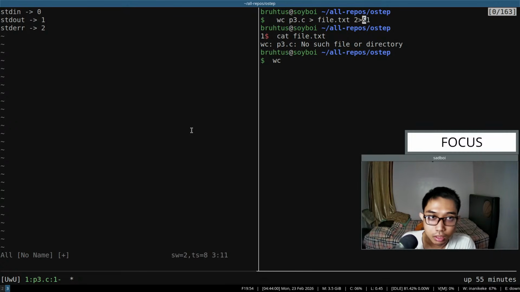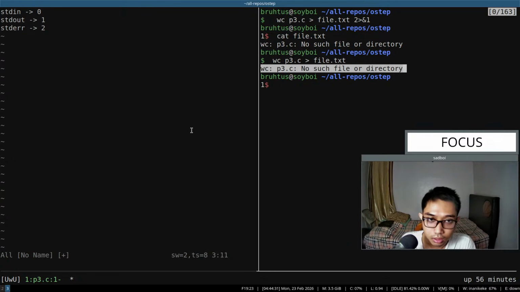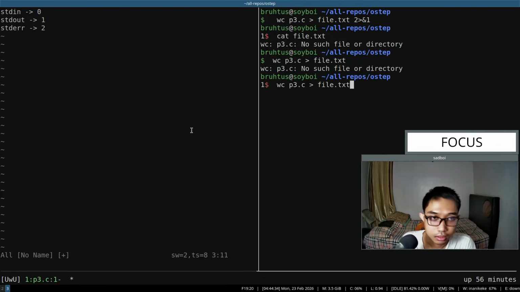If I understand correctly, we are finally moving the standard error to the standard output, and then passing that standard output to the file. I mean, if we do this, right, only this redirection, the standard error still has content, right? And if you do something like this,